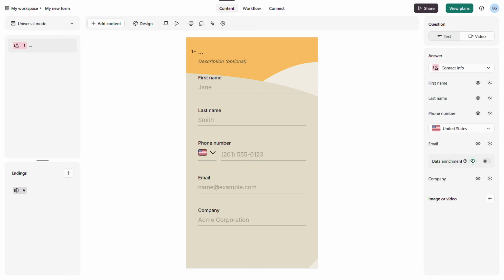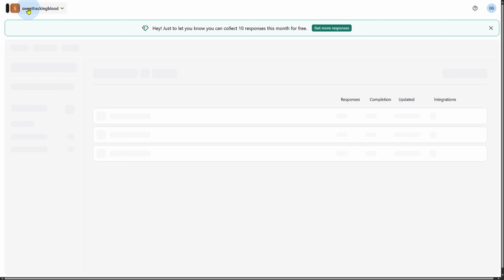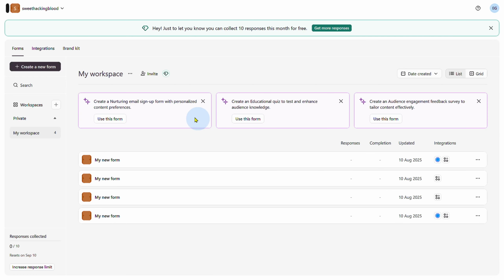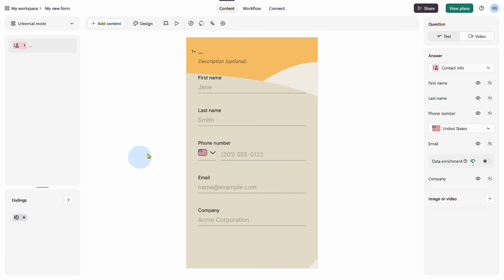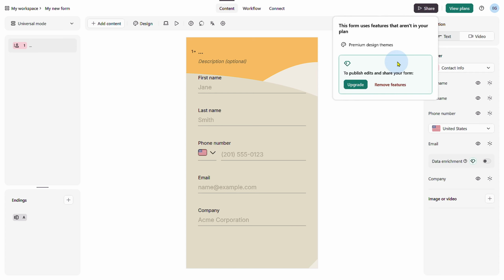So let's just begin. First of all, let's just say you are on your workspace. This is where you basically start, and what you need to do is simply head over to a form that you want to put inside your WordPress. Let's just say this is the one, right? If you head over to your share section, you will be able to see that it is saying to